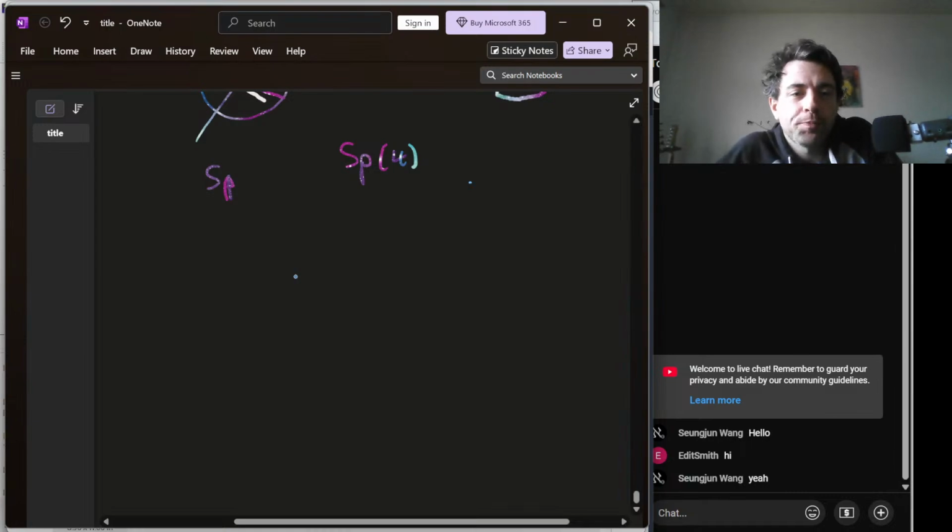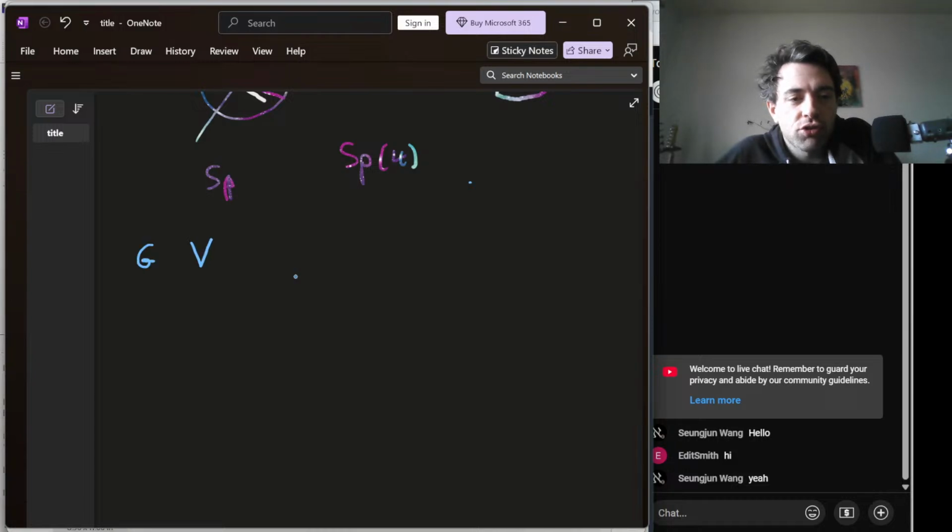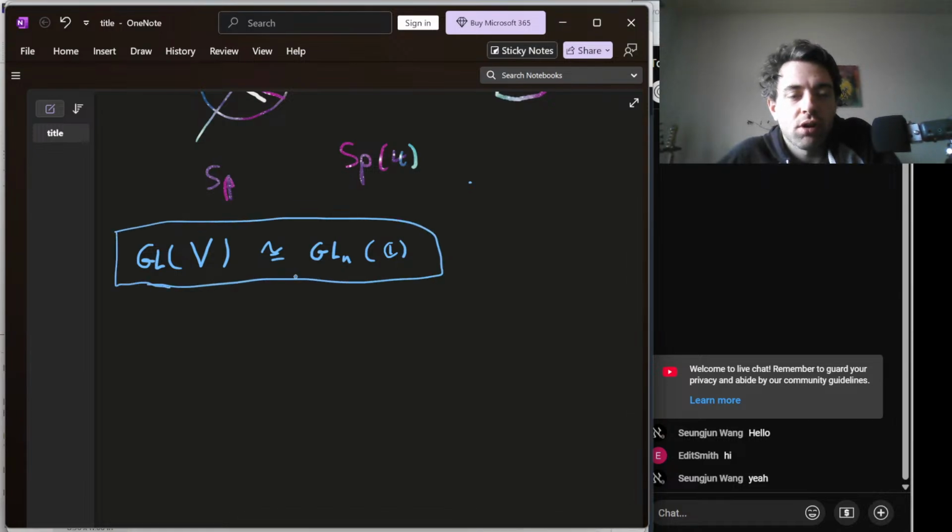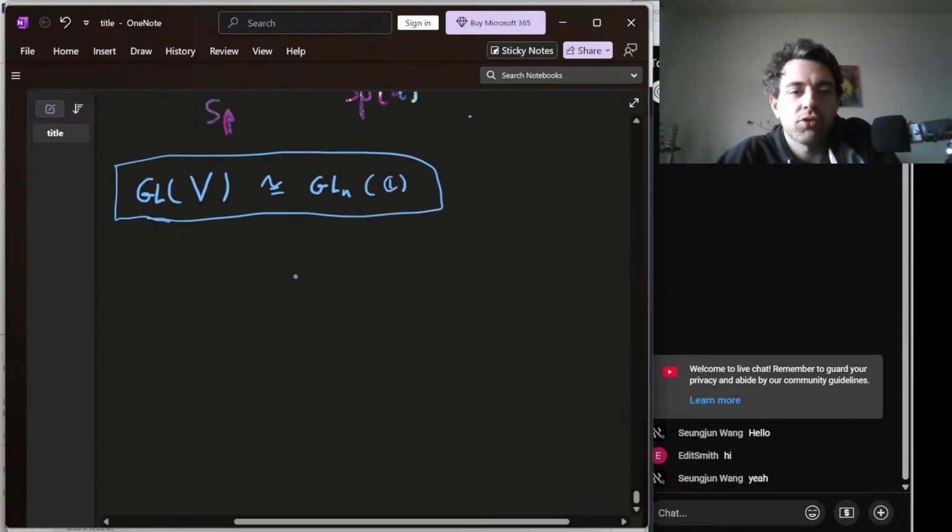So, generally, these sort of groups that I think of, normally there are different ways you can write them, but one way to think about it is, we've got the general linear group, right? If V is an n-dimensional vector space, say over the complex numbers, this will just be isomorphic to GL_n over the complex numbers. That's just the group of all automorphisms of the vector space, right?